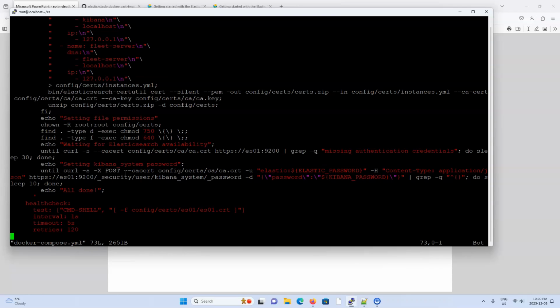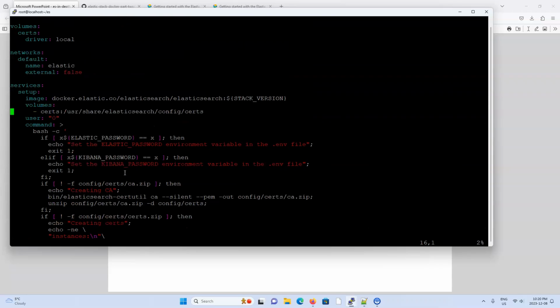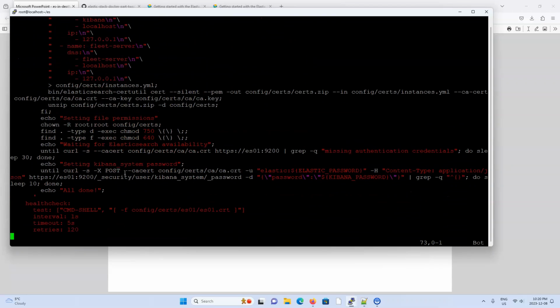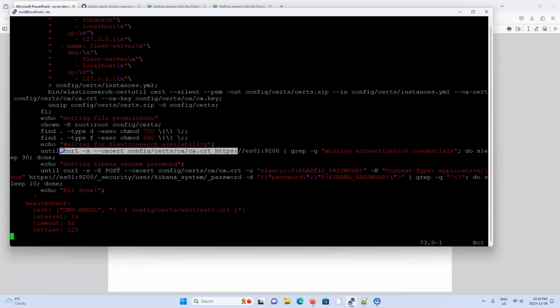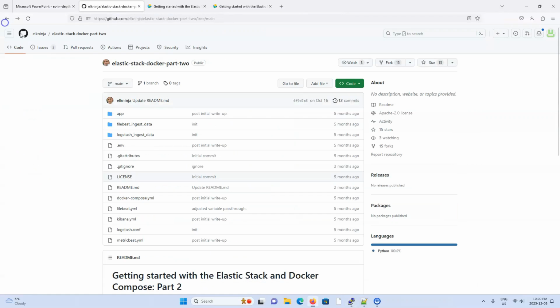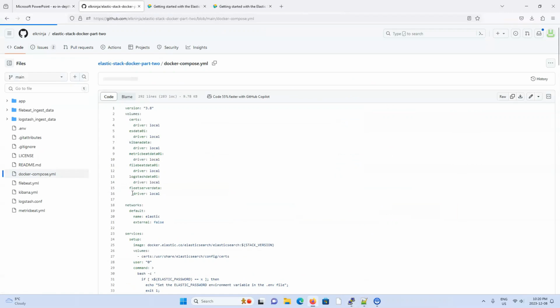So let's go ahead and continue with setting up the Elasticsearch container. So if I open up my Docker Compose file, let's see, where were we? Right, this is the setup container, and we're going to set up the Elasticsearch container next. If we don't have the Elasticsearch container, then our setup container just stops at this line here until the Elasticsearch instance is actually up. So let's come back to this project, go to our Docker Compose file,